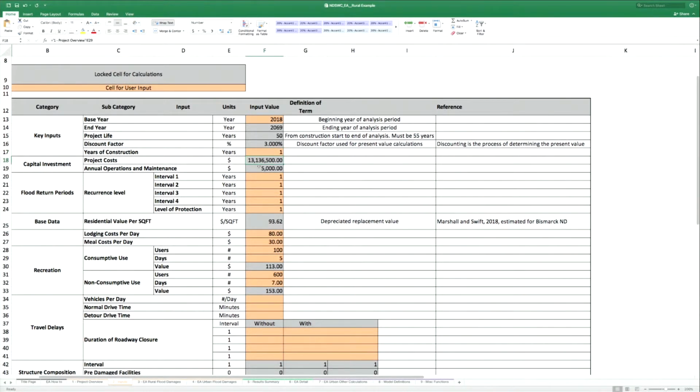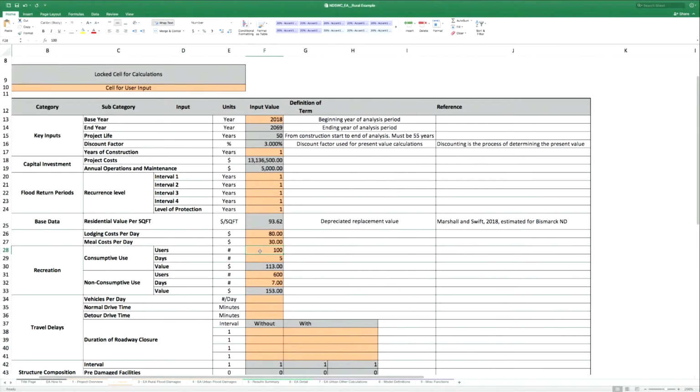Okay, so project costs and annual O&M are pulled over from the project overview worksheet. Recurrence interval is only something you need to worry about if you're doing the urban worksheet, which we'll go through in a few minutes. Now, we're assuming that this project